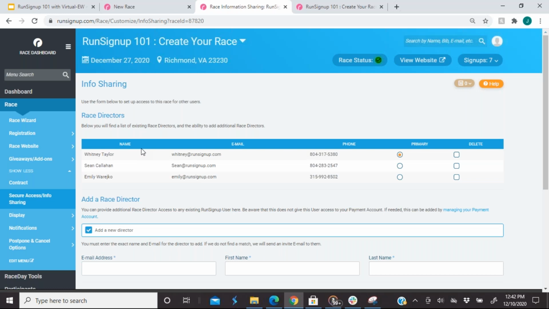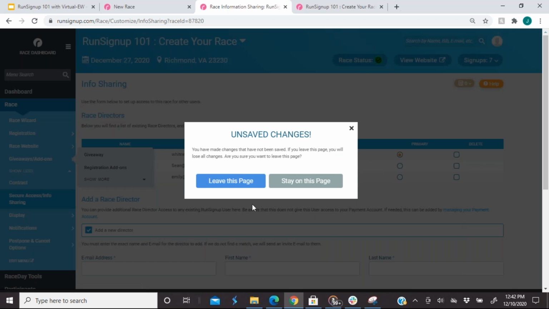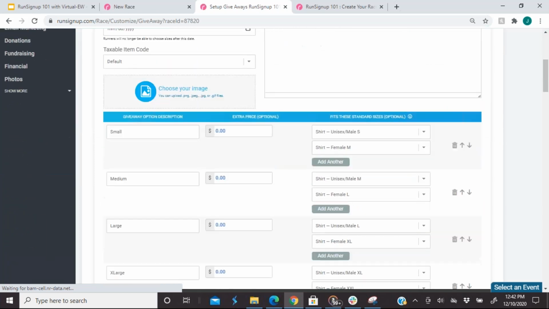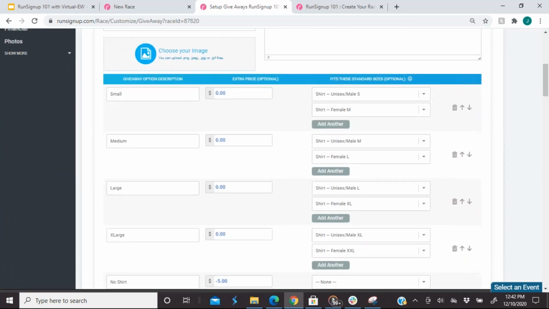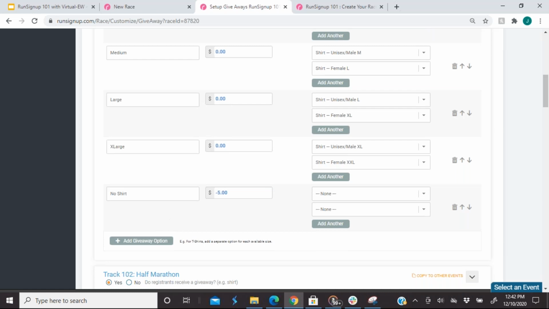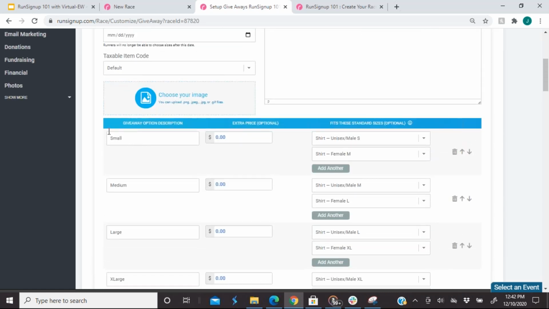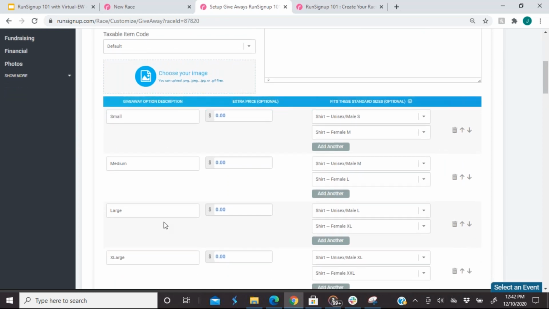Can we change the t-shirt sizes that appear? Can we put in, say, a kid size or a petite? Absolutely. So under race giveaways, you can go ahead here and add additional t-shirt or different giveaway options. You can write over these in the beginning. I don't suggest doing it later after they've been selected, but you can go ahead and put in youth,